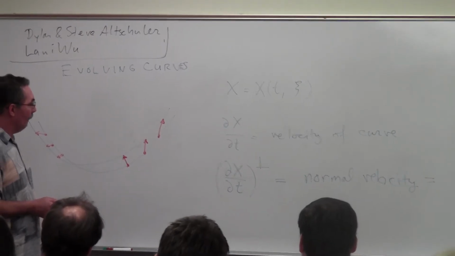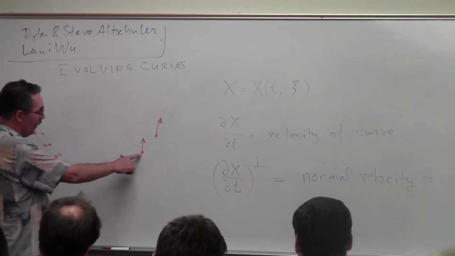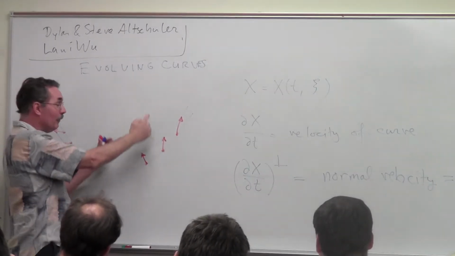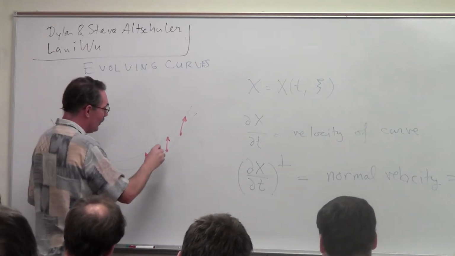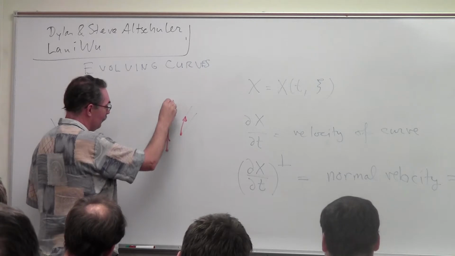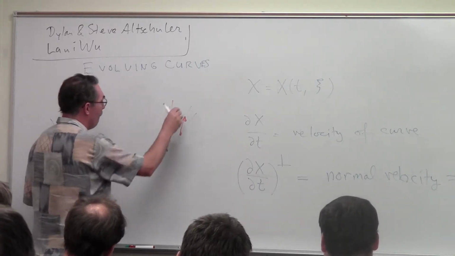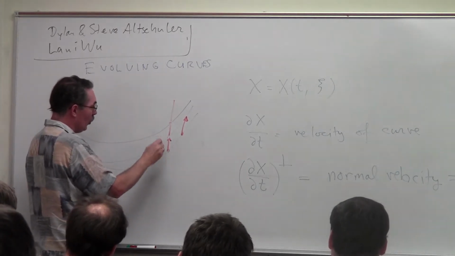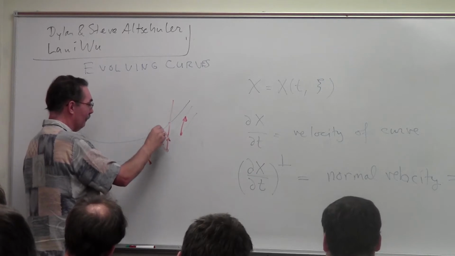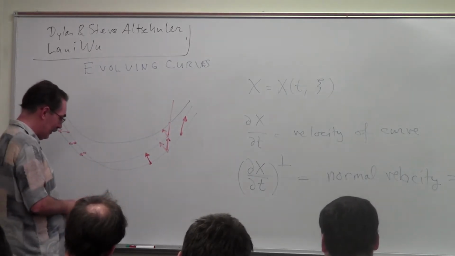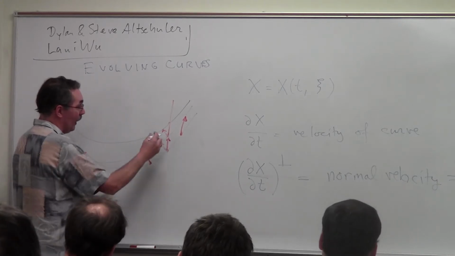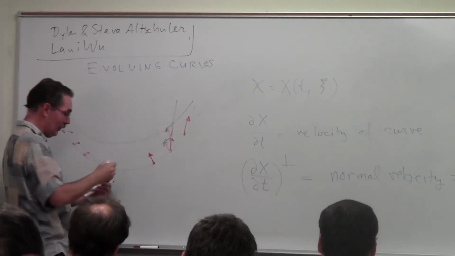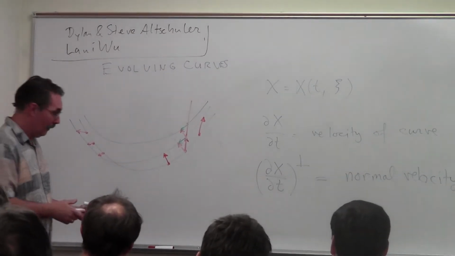So for instance here, I took this point on the curve, I keep the parameter value c fixed, I let the curve move, and as the curve moves, this point stays on the curve as it moves along. It moves in that direction, and the normal component of the velocity vector would be this. So what I have to do to calculate that is, at each point, subtract a multiple of the tangent vector. Okay, so in a formula,